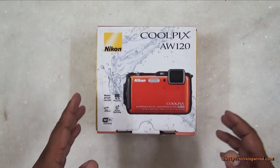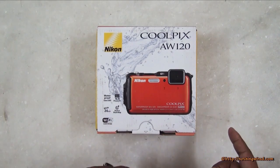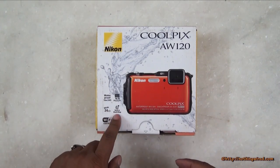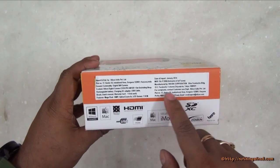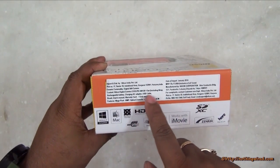16 megapixel CMOS sensor, wide 24 mm lens. In fact, it's 24 to 120, I guess. Yep. And you have a built-in world map, Wi-Fi certified. So that's pretty much it on this side. You see the MRP written here. Is it written somewhere? Okay,